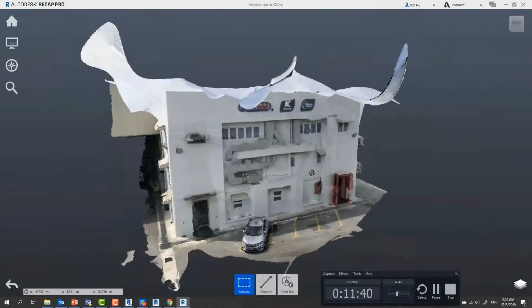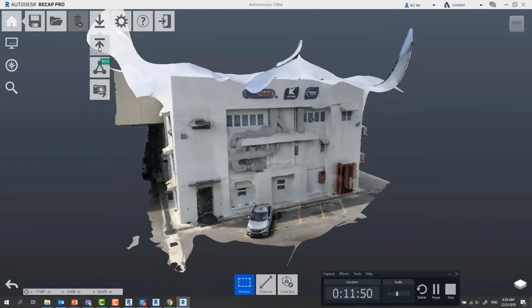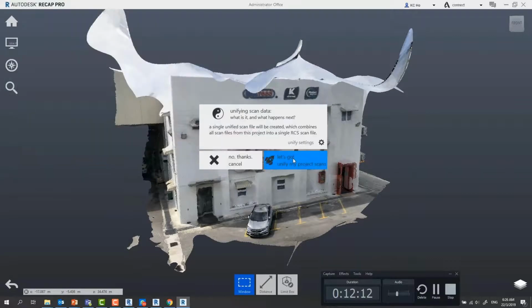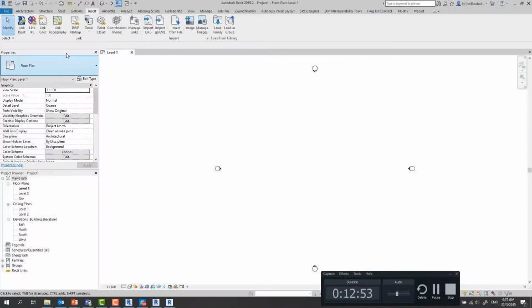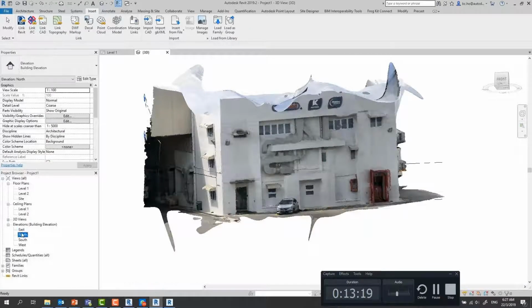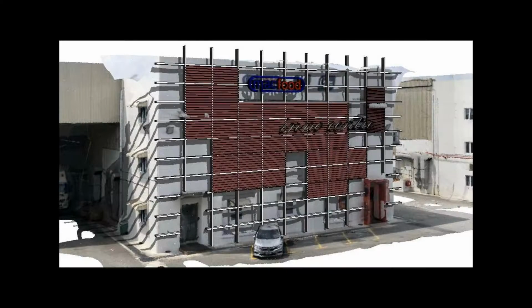And here's the quality you're going to get. Now, of course, it's not going to be perfect. It requires a little bit of cleanup. But basically, this is just half a dozen photos. We can take that information and export it out from Recap 360, so it goes from the photogrammetry into the RCM or RCP file format, and now we can load it into